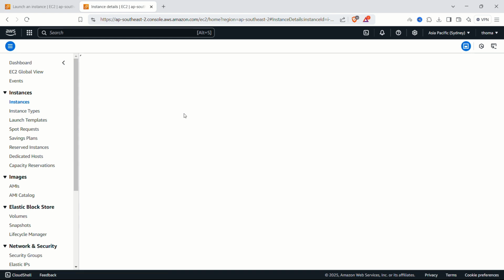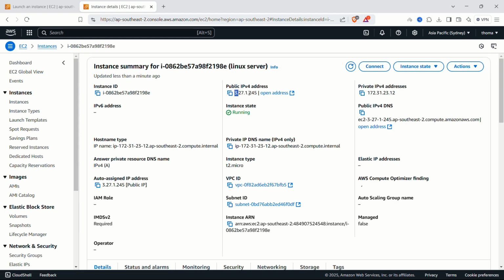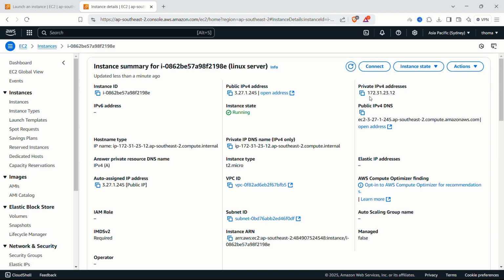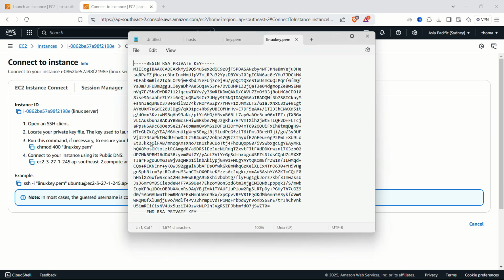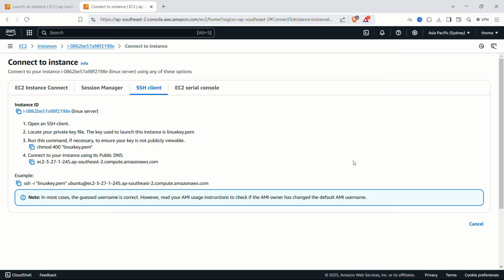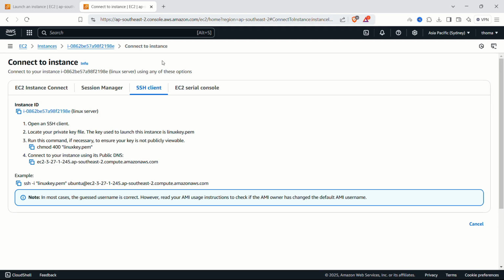Click on the Linux server. Yeah, here this is the public IP address. This is the private IP address. Okay, click on connect. Select SSH client. Here we have to use these commands in order to log into your server. First of all, before that, we have to copy our private key to the terminal in order to do the SSH. So I am creating a file as Linux